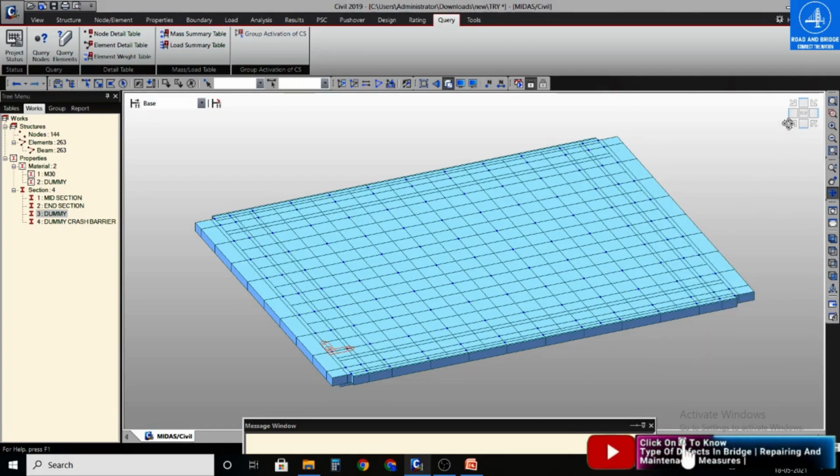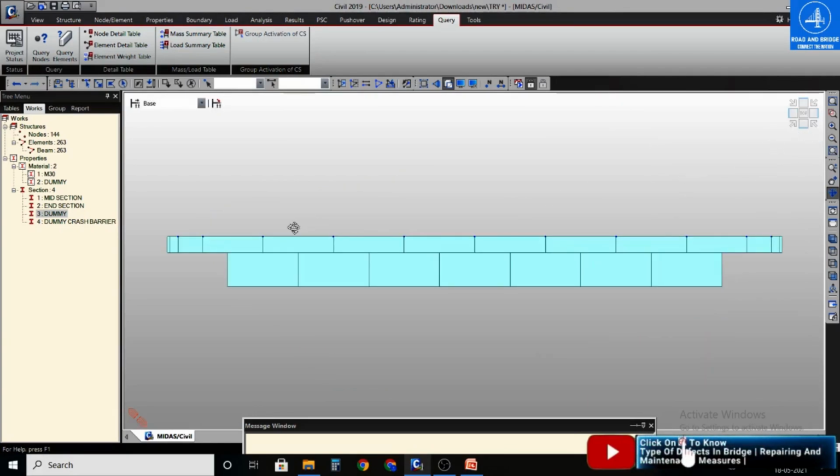Now I am going to define the boundary conditions. Here I am providing the bearings, at the mid and also at the side, at the bottom of the deck. And I am assuming thickness of the bearing will be 0.1 meter. So the nodes have to be translated to the bottom of the deck and 0.1 meter.